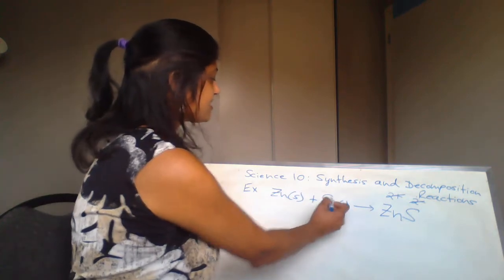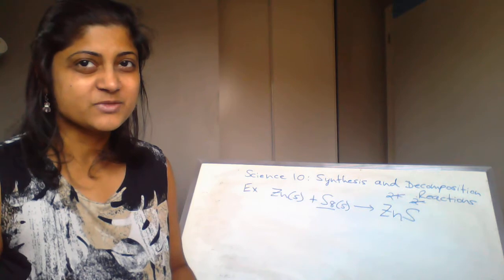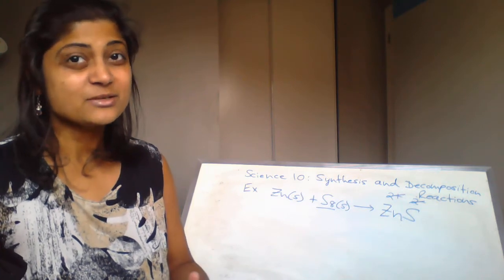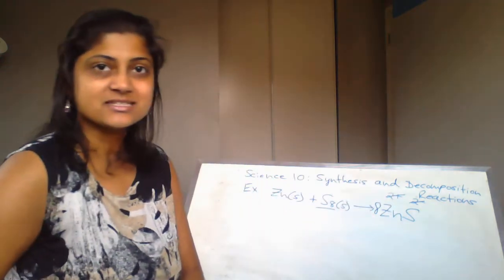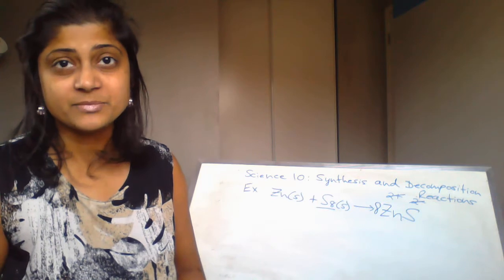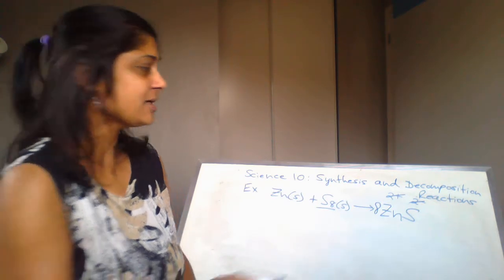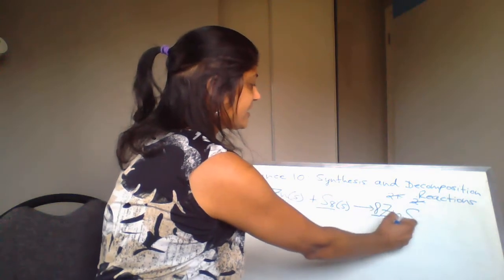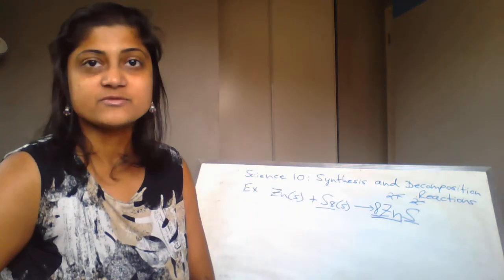So I have 8 atoms of sulfur on the reactant side. So what should I do here to make sure it's balanced? So look at the product side. I can only add the number in front, so I'm going to put an 8 in front. As soon as you put a number in front of the compound, that's going to change the number of atoms for each of these elements, okay? So I can see I have 8 for the sulfur, 8 atoms, but I also have 8 atoms of zinc,